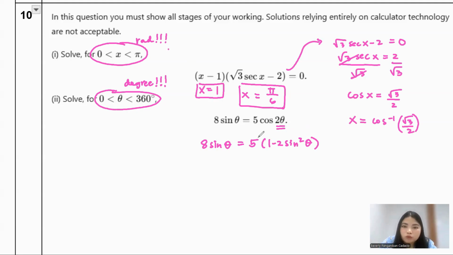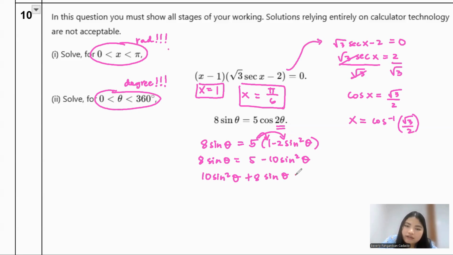And then I'm going to do the rainbow method here, expansion. And then it will be 5 minus 10 sine squared theta. I'm going to arrange it so that it will become like a quadratic in sine theta. Negative there, it becomes positive on the other side. The 8 sine theta, change sign, and minus 5 is equal to 0. We cannot simplify. And actually, you can just consider this one. This one looks like a quadratic. You can consider this one as 10x squared plus 8x minus 5.